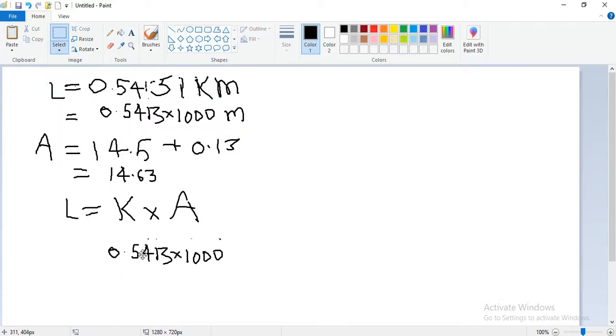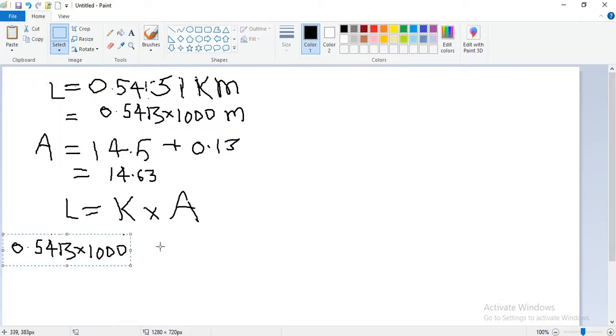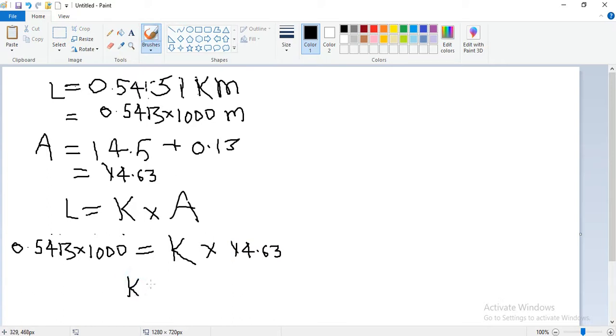So this is our L is equal to K into A. A is 14.63. So now we can find K. It will be 0.5413 into 1000